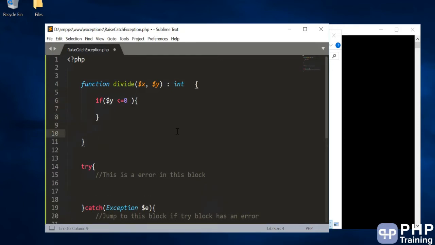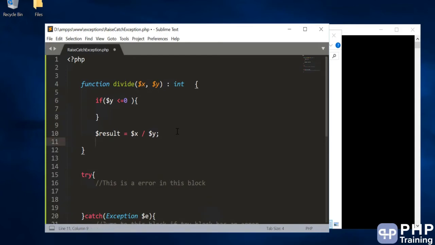If it is not, then result is equal to $x divided by $y. If $y is 0, anything divided by 0 will raise an error. That's why we are checking it here. We'll do something about it. So now we are safe to do that divide operation, and we will return the result.